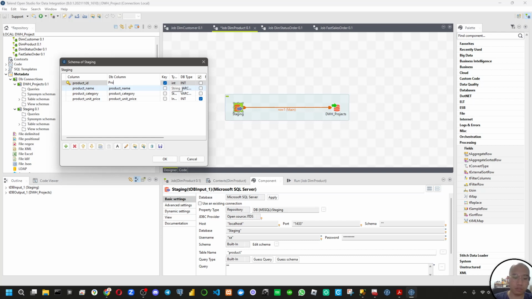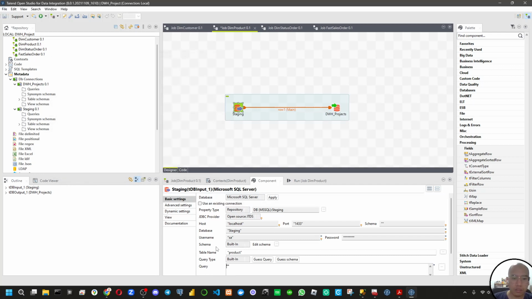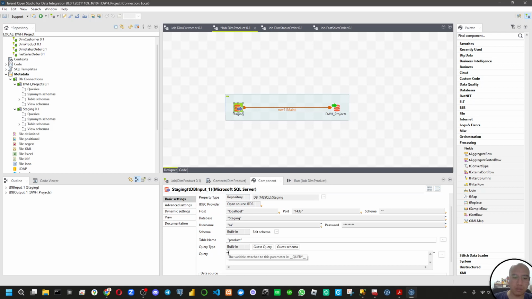This one is product ID, product name, product category, and product unit price. Click OK. The schema will be changed to built-in, and then we type here select all from the table name product.